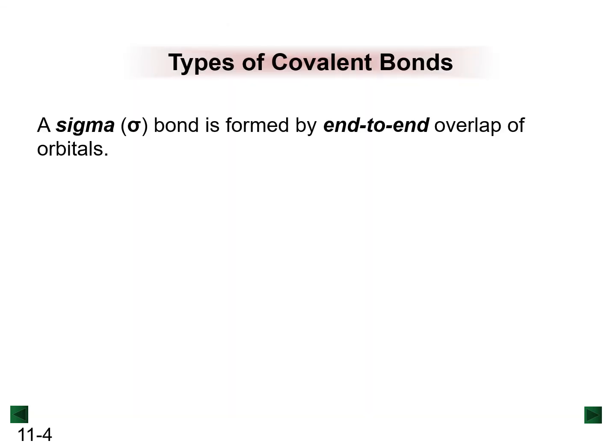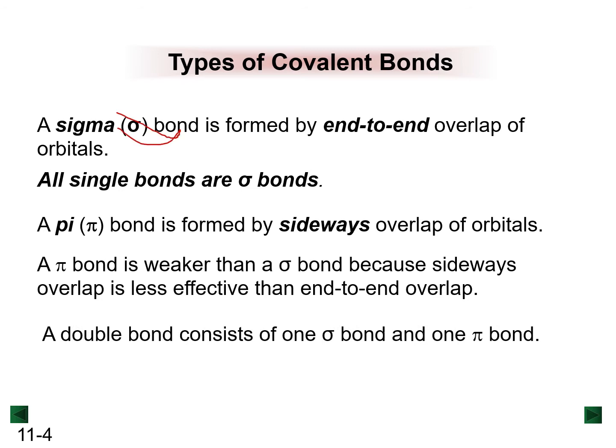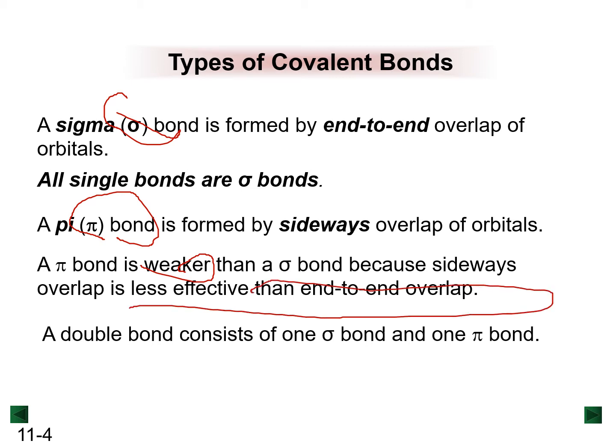Okay, end-to-end overlap will result in a sigma bond, and all single bonds are sigma bonds. And sideways overlap of orbitals will result in a pi bond. And in terms of strength, a pi bond is weaker than a sigma bond because sideways overlap is less effective than end-to-end overlap. A double bond consists of one sigma bond and one pi bond, while a triple bond consists of one sigma bond